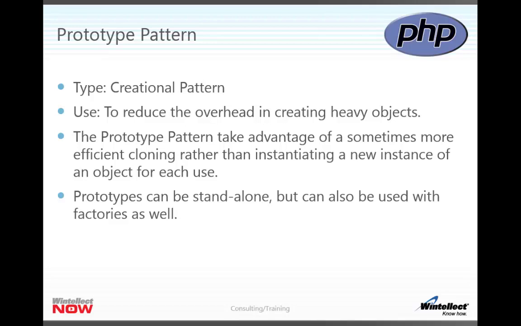So you use a prototype, which is a partially populated object, clone its properties onto an instance of an object, and then maybe fill out a little bit more information on that object and return it. So prototypes can be standalone, and they can be used as a factory as well. But in most cases, the point of a prototype is that you have an instance of that particular class already in memory, and you're just going to clone it over and over again, because it's a lot more efficient to do that in many languages, and it also is a lot faster.